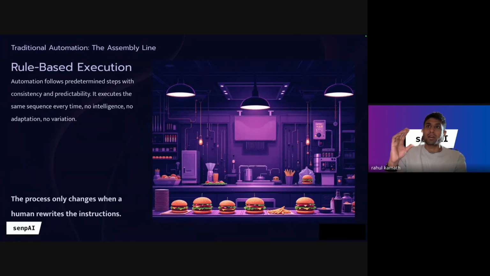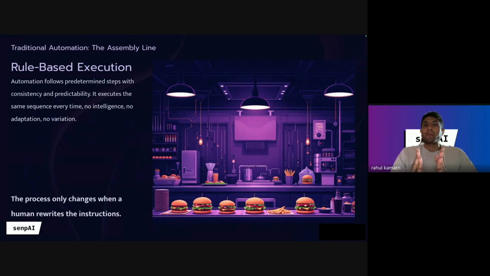So there's one lettuce, there are two tomatoes, one patty, one cheese slice. It's set, and even the size of the tomatoes are already standardized. How much time the patty is cooked, everything is standardized there. So how much sauce is put, it's a simple rule-based thing where you give it certain inputs, it's going to always give you the same output.